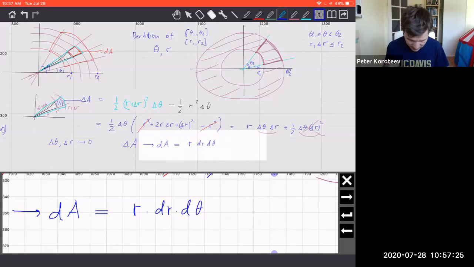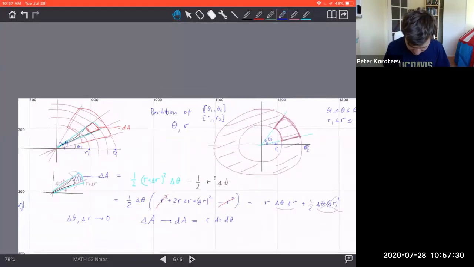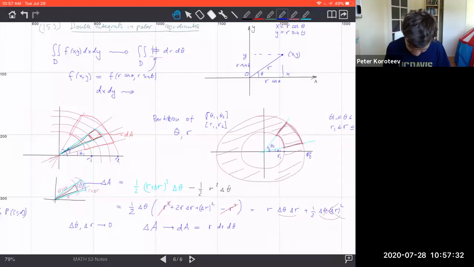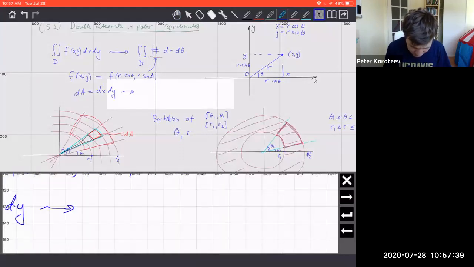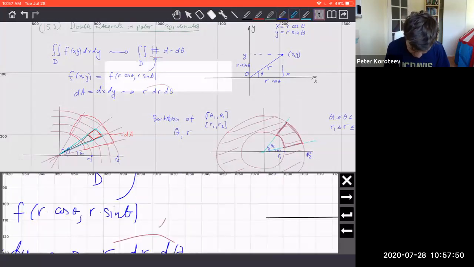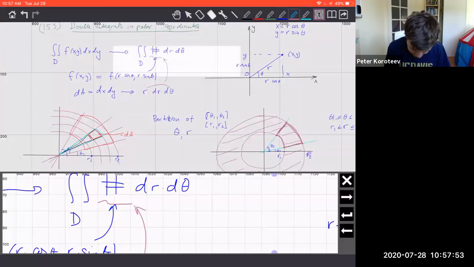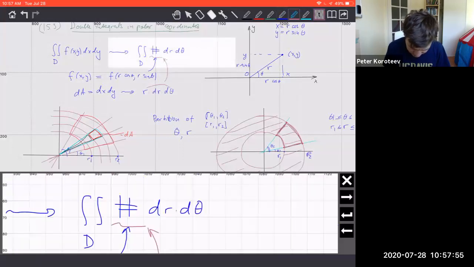And this is what our calculation was about, because if you come back to the thing, that's our dA, right? So dA is dx dy. The question was, by what we need to replace the differential, and now we know the answer. We need to replace it by r dr d theta. So this is the second ingredient that will go into the integrand, and we can now demystify that.